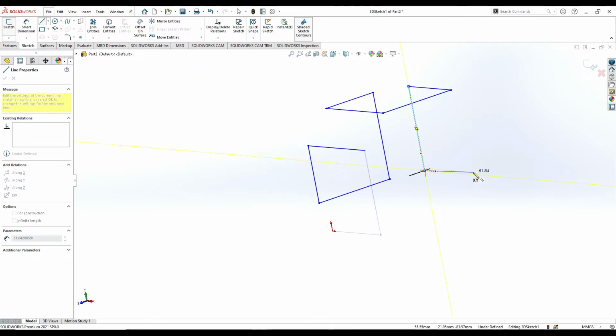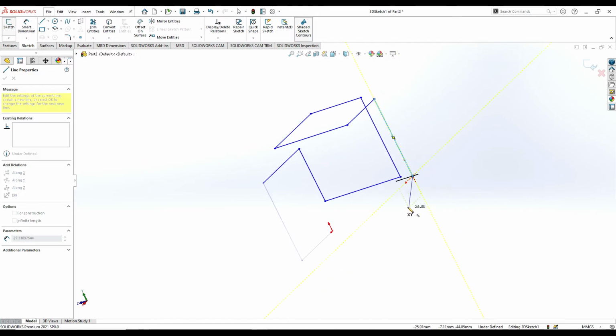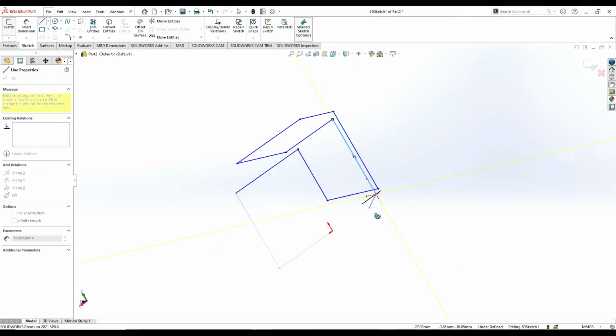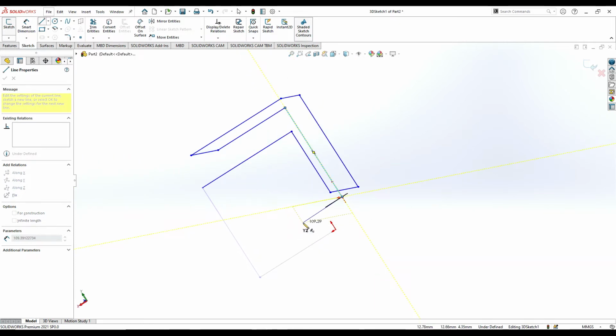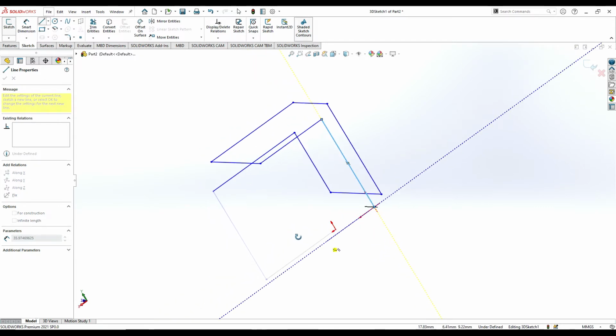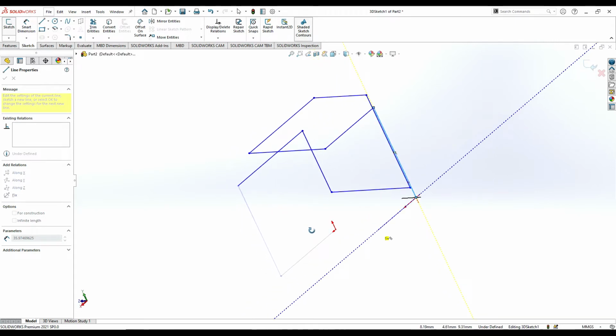Okay, again press Tab, and make it 40. I am sorry, 60,